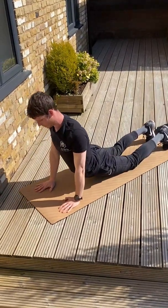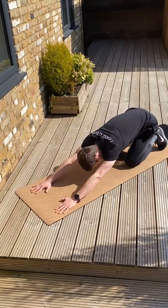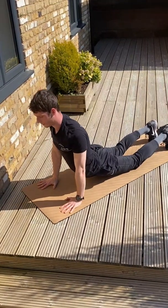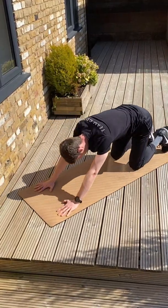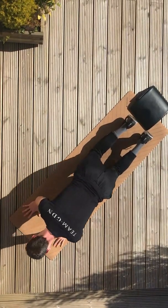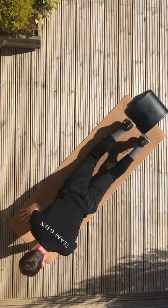So drop your hips towards the floor, reach back, feel the stretch in your lower back and the lats out the side through here. Drop forward through the abdominals, a little bit of a chest, a small amount of the hip flexors. Nice, keep going guys. 3, 2, 1,